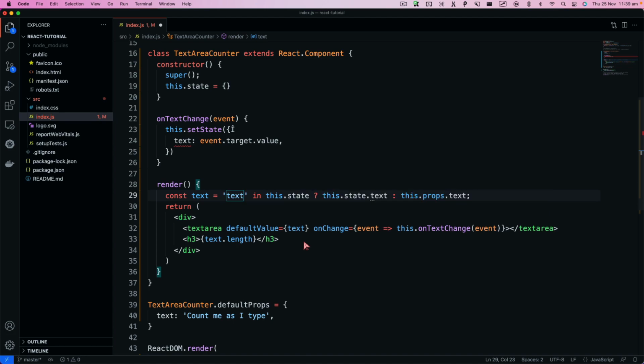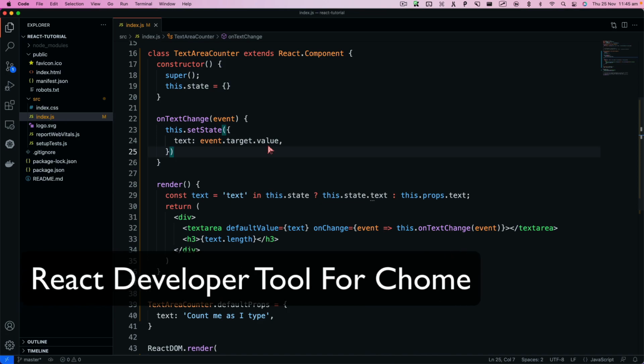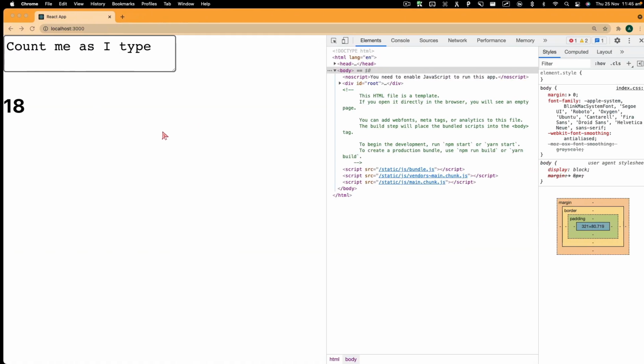And one more thing, the onChange event, as used in the TextArea example, behaves as you would expect. It fires an event when the user types, as opposed to after they have finished typing and have navigated away from a field. Before we go ahead with React and learn more advanced topics, I would like to take you to Chrome